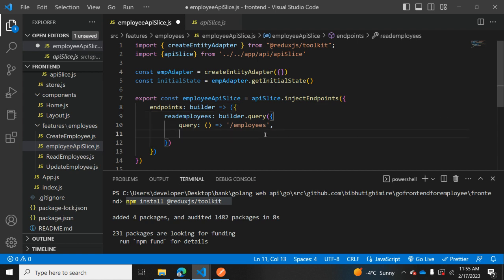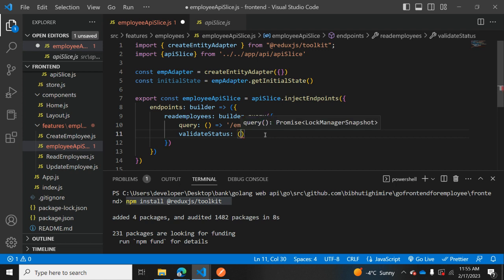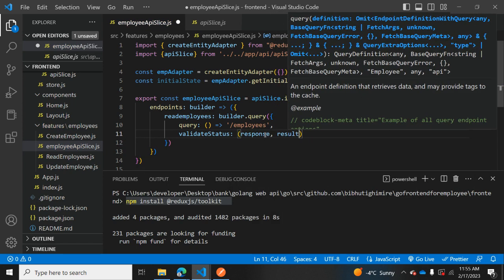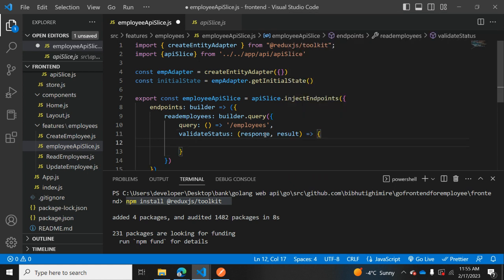So in here we're also going to add validateStatus, and validateStatus will have two parameters, response and result. Return response.status 200,